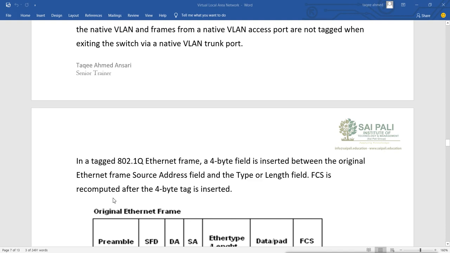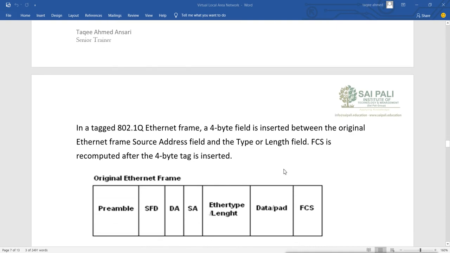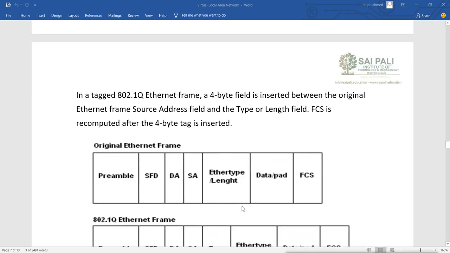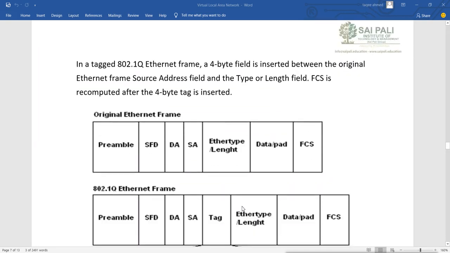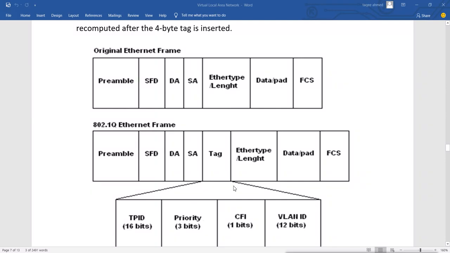Now in this tagged 802.1Q Ethernet frame, a 4-byte field is inserted into the original Ethernet frame, between the source address field and the type or length field. The FCS is recomputed after the 4-byte tag is inserted. So instead of adding an extra 26 bytes, it adds only 4 bytes of data into the existing Ethernet frame of the data link layer.